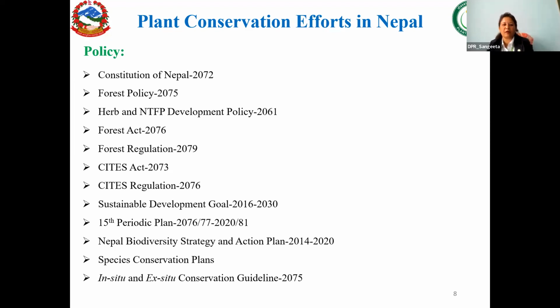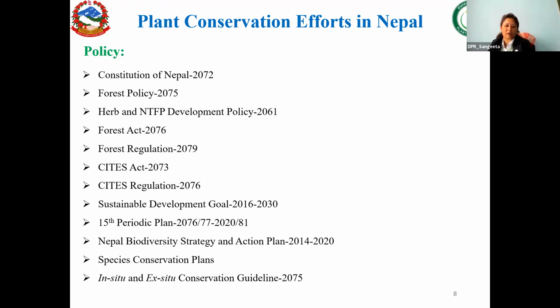That's why we have some efforts through the government of Nepal, and in these efforts, the first effort is the policy effort. What we have done in the policy sector for the conservation of these plant species, how we are sound in the policy sector. We can see this by the Constitution of Nepal. The Constitution of Nepal has also envisaged that we should live in a safe environment, and the forest policy,